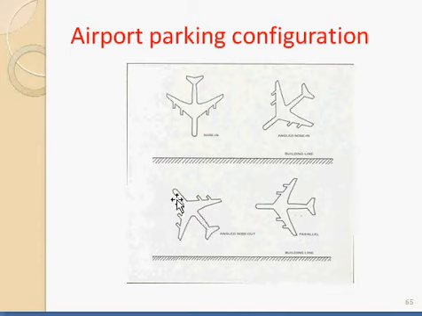So that is nose out parking. And this is angled nose out parking, that is, it will be parking at some angle, nose out but at some angle, not at 90 degrees with the terminal building. Then parallel parking means this is our terminal building, so the aircraft will be parking parallel to the terminal building. So these are the different aircraft parking configurations. Depending upon that also, the size of the gate will be varying. The size required by each of these will be different, so based on that also you have to adjust the gate position. So these are the two factors that will be affecting the gate position.